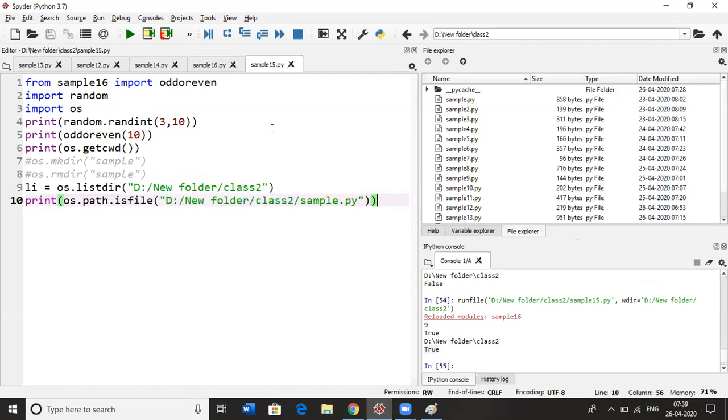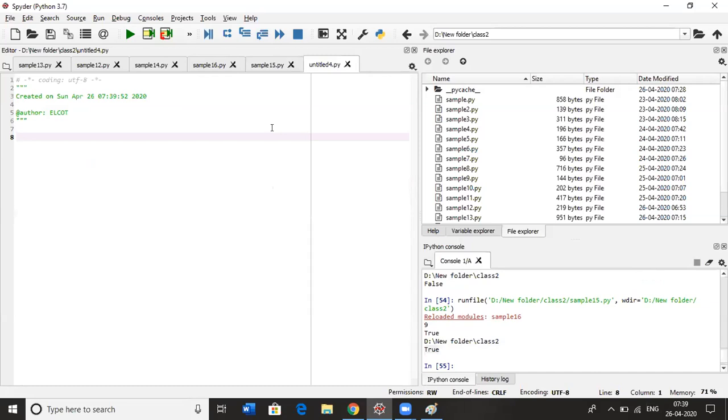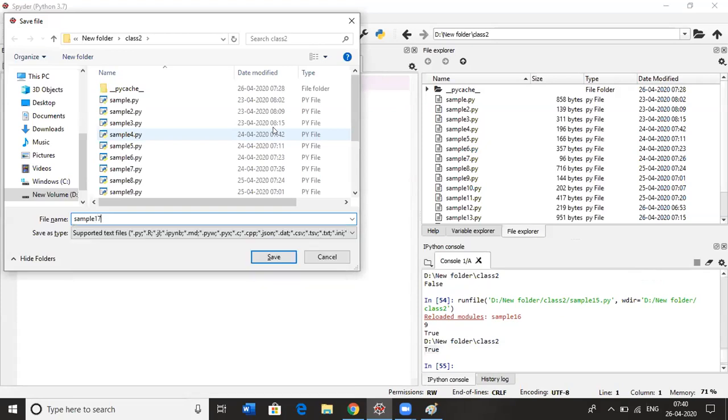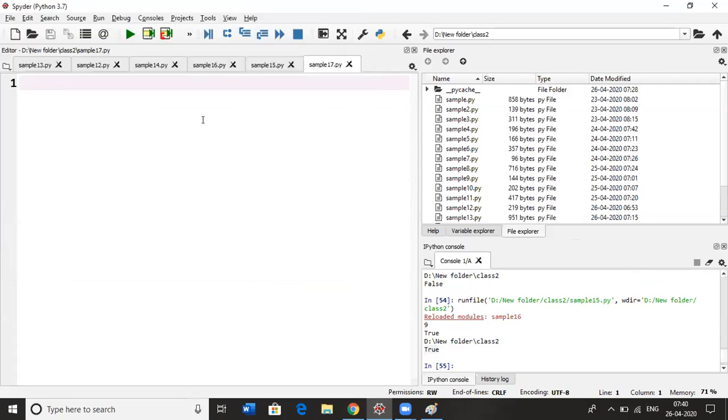So let's see what it does. Let's take a variable here, file count. Initially file count is 0 and folder count is also 0.